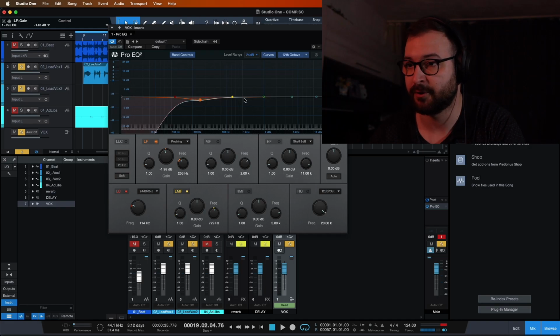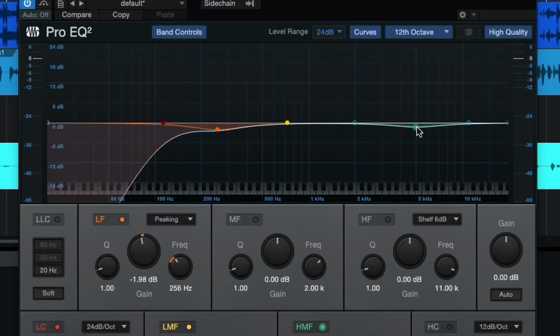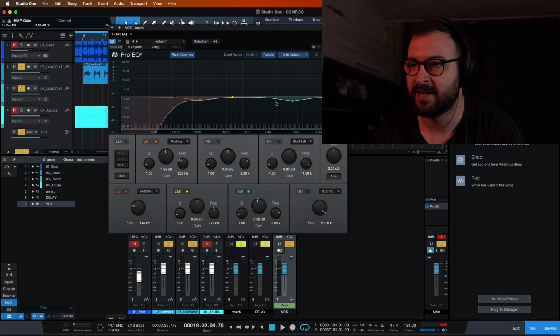But because here I will not use a de-esser, we will talk about that in a separate video, obviously, I want to get rid of the sibilances, like s, ch, stuff like this. These ones are harder to locate usually, but they are around this 5 to 10, maybe 12k area. I'm not going to put a bell here at 5k because, as you can see, it will take from this range from 2k up to 5k basically, and I don't want that, and it will also boost this 1 to 2k, and again I don't want that.